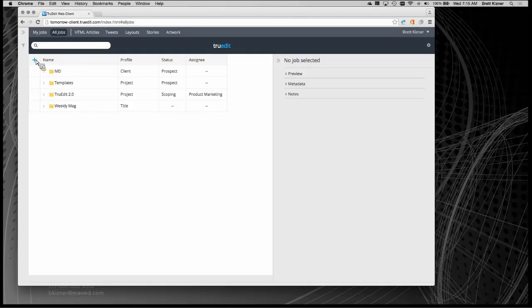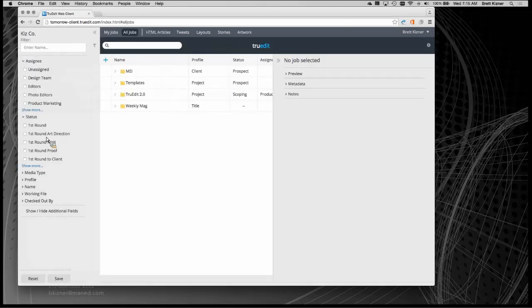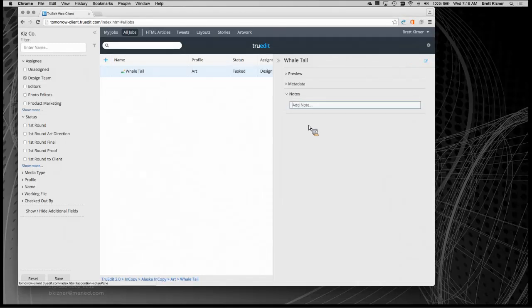Ultimately, whenever we check something in, the system automatically versions. We have full version history, and you can see here an example of some of that metadata. When I check in that file, my content is uploaded, and back over in InDesign, TruEdit will periodically check to see whether or not there are updates to any placed jobs. And just like that, you can see that we can very easily update the content, and we can even preserve all of the styling that's been applied inside InDesign.